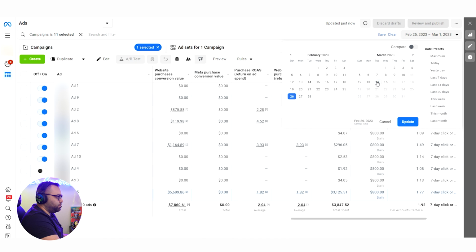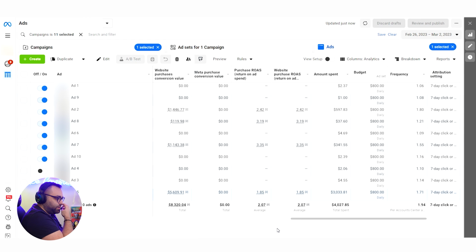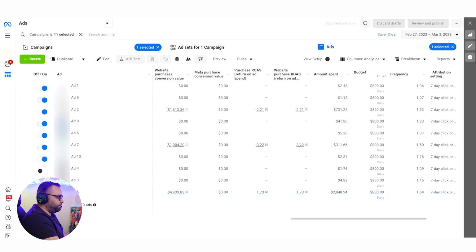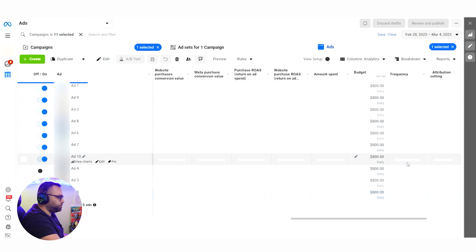Then we can go from 26 to 2, 1.85, 2.07, still I'm fine, it's profitable for me, it's above 2 ROAS for this account, which is what we want to get. 27 to 3, 1.73, 1.91 with 4k spent. This is the point where I start to feel that this big spender is actually causing me issues. 28 to 4th,